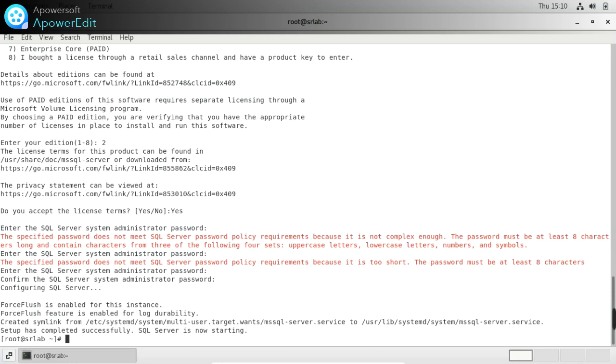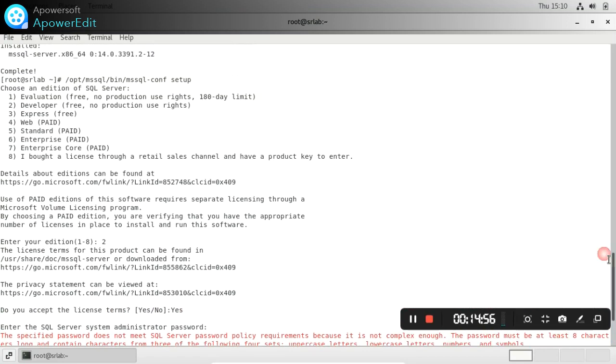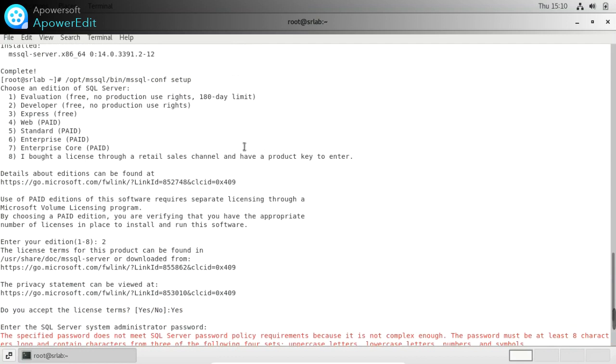So that's how we have configured the MS SQL Server. While choosing, I chose the Developer free edition, no production user rights, and then accepted the license terms and conditions.